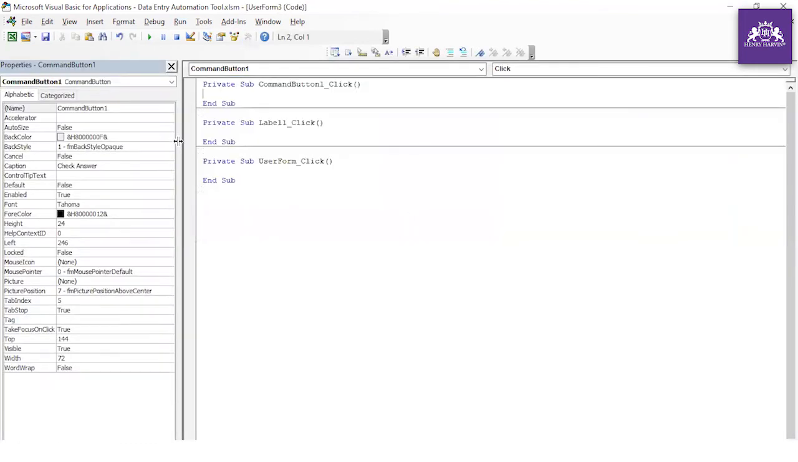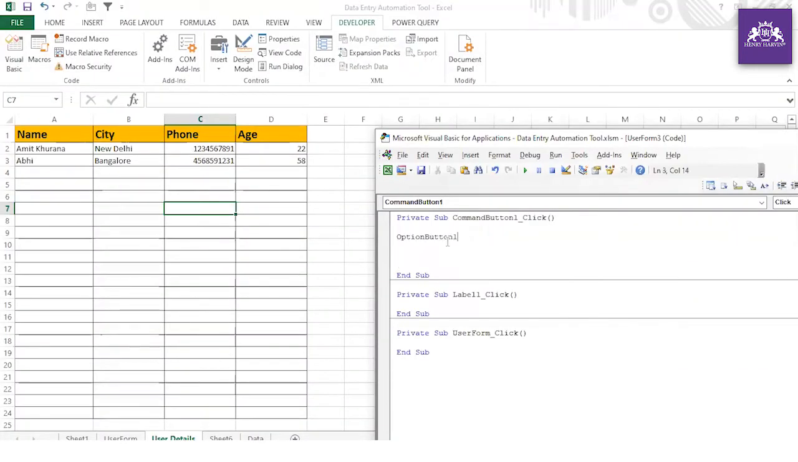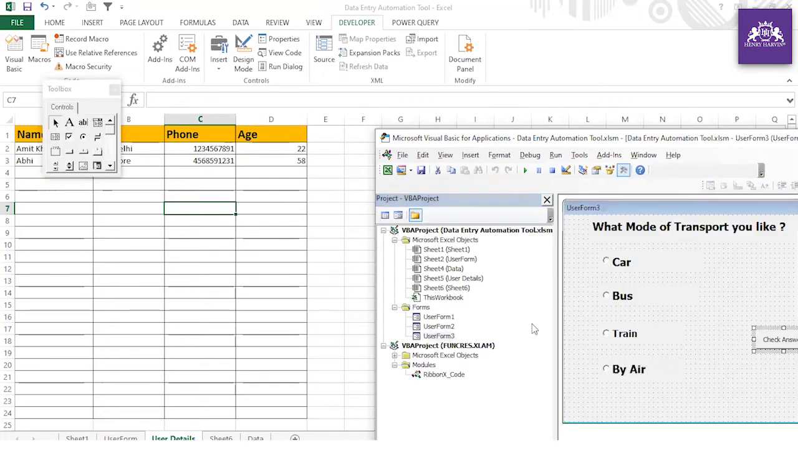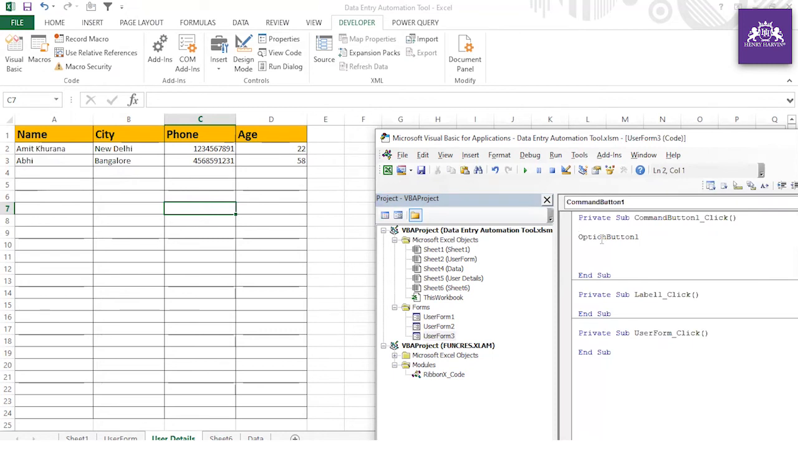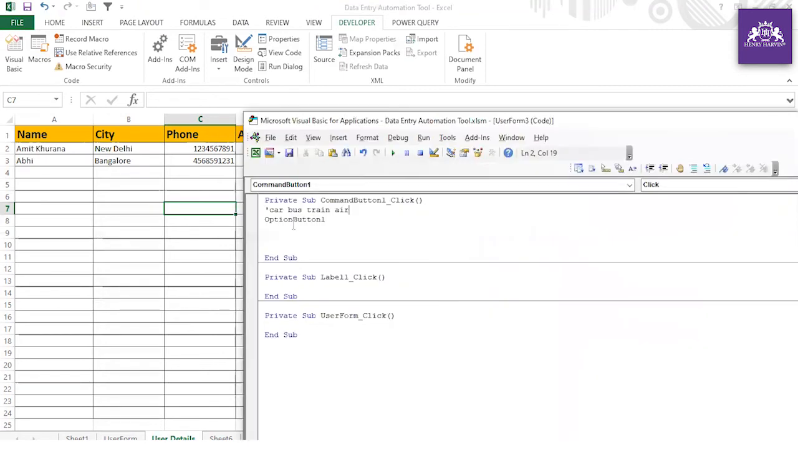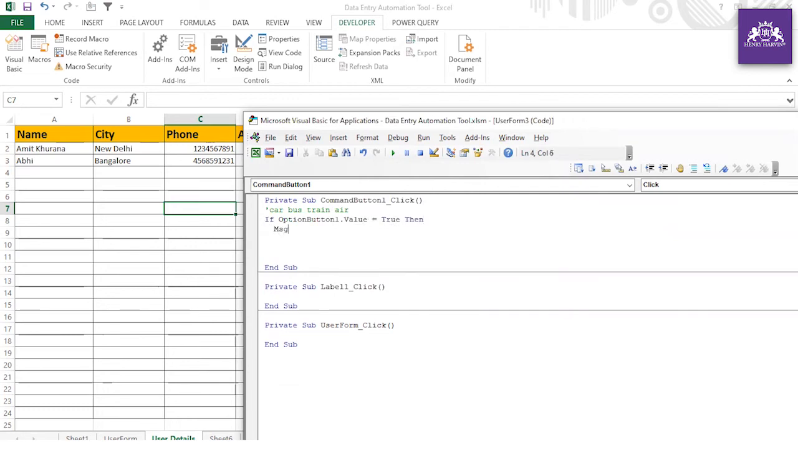Check answer. How can you check the answer? Very simple. Control R I'm doing. I'm checking. The first is car, bus, train, air. You can actually write it somewhere, car, bus, train, air, so that you can understand the sequence. So what you can do, if option button 1 dot value equal to true, then msg box